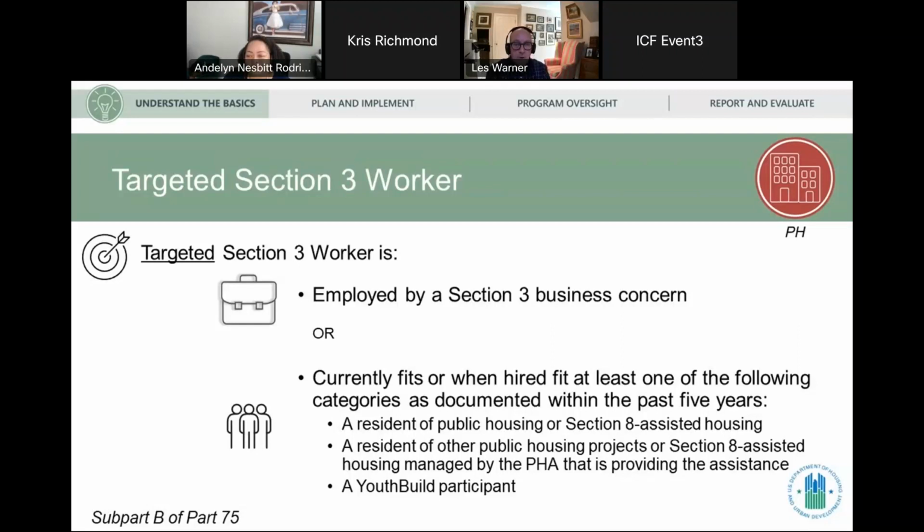But if in 2021, when they were hired, they met that criteria, then yeah, we would be able to count them even though they no longer are a resident of public housing or receiving Section 8 housing assistance. So that look back period at the maximum will go to 5 years.